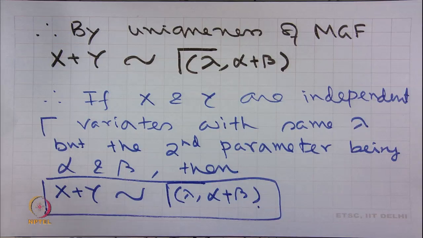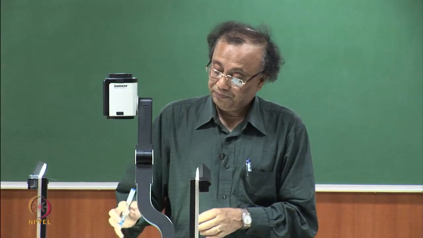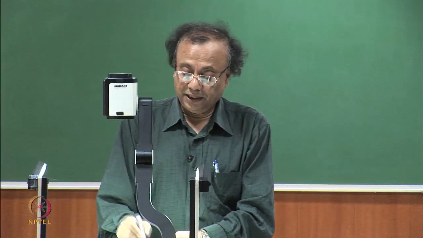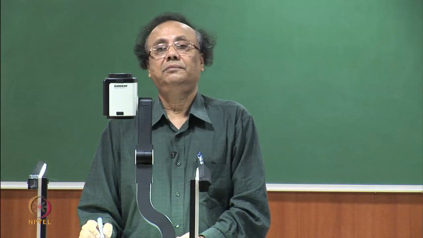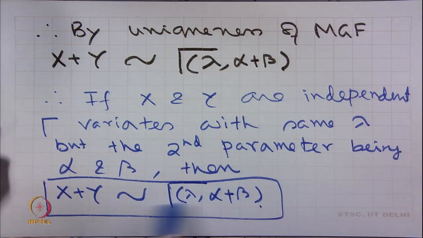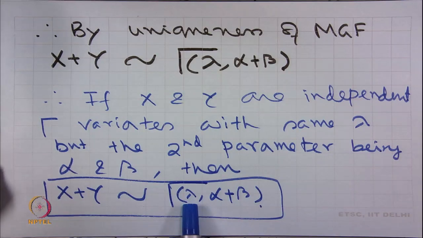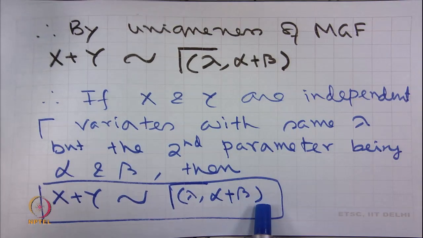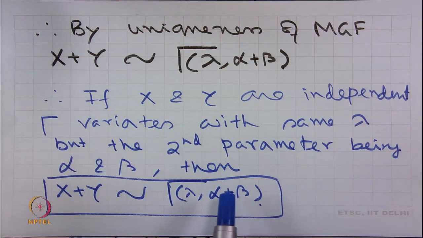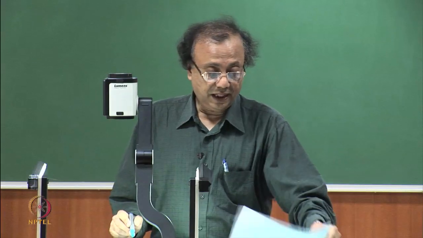Therefore, we find an interesting result with respect to gamma random variable, that as we keep on adding independent random gamma variables with the same lambda, then the summation of these random variables is also gamma with the same parameter lambda, but the second parameter being the sum of the individual parameters. The advantage now